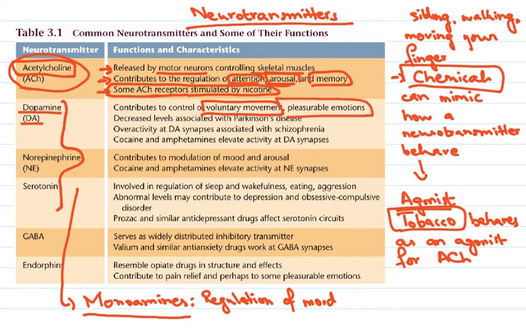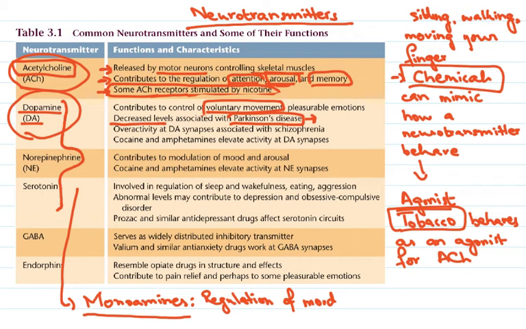And pleasurable emotions, right? Now, one of the things that you see is that people who have Parkinson's disease, I don't know how many of you have heard about Parkinson's, lose control of voluntary movement, right? The activity levels of the neurotransmitter dopamine are implicated in voluntary movement. And if there are decreased levels, that is usually associated with Parkinson's disease. On the other hand, if you have overactivity at dopamine synapses, then that is associated with a mental disorder,